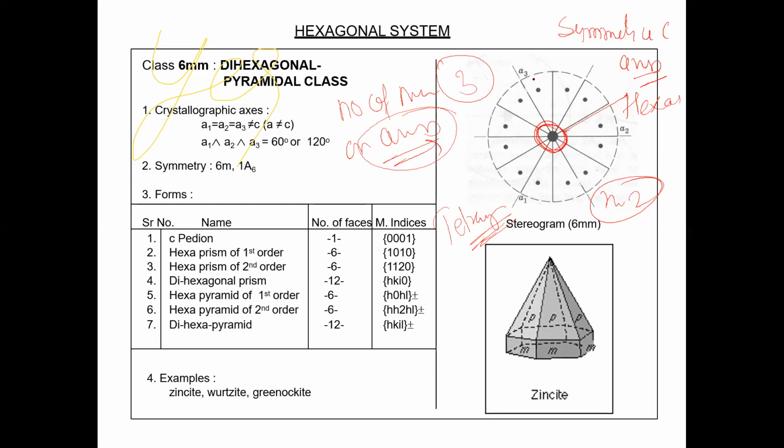And how? These are the axes: A1, A2, A3. Of course, all 3 have mirror plane. But at C axis, there is no mirror plane, because in the hexagonal system, there are 4 axes. Getting my point or not? Is it clear? If I say total number of mirror plane in this diagram, that will be 6 for sure. Exactly. That's correct.